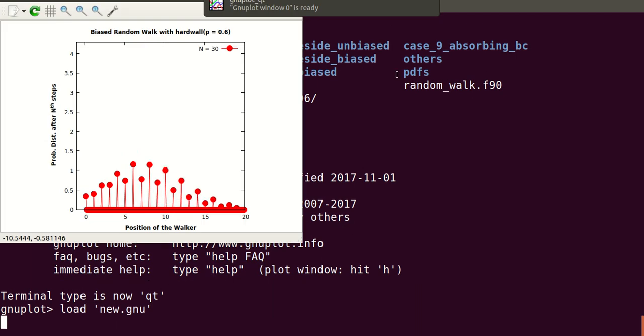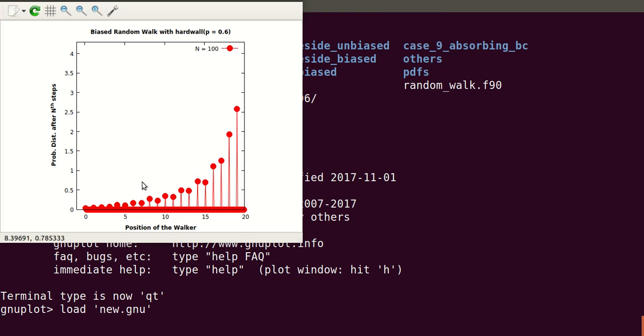As you can see, here at 20 we have the hard wall, so eventually it is becoming an exponential distribution, and it approaches its steady state, and as you can see it's evolving, right? It's not its equilibrium state. Steady state and equilibrium state are not the same. Equilibrium state means the system is not evolving, but in a steady state it can evolve. So it is evolving, as you can see.